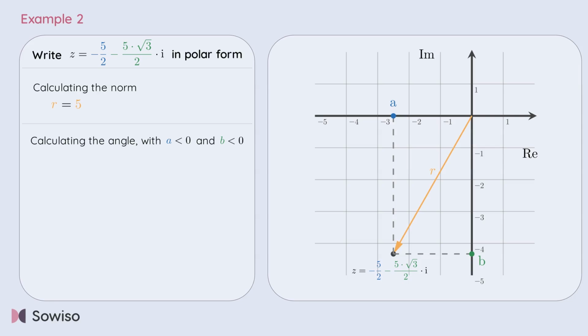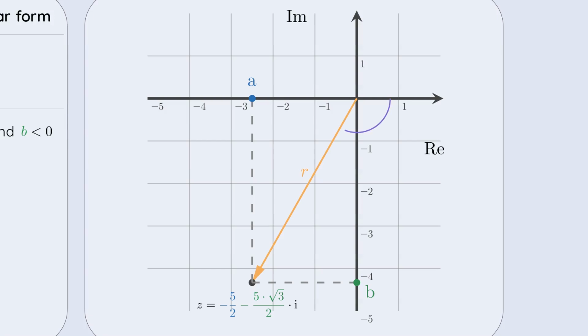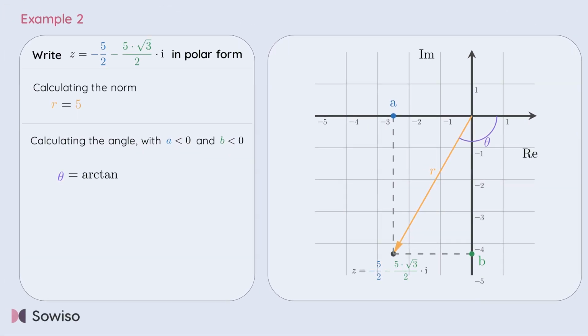Next, we calculate the angle theta, where a and b are less than 0. We can represent the angle theta as the angle that the position vector of z makes with the positive real axis. Since both a and b are less than 0, we draw the angle clockwise. Since both a and b are less than 0, we can calculate theta by taking the arctangent of b over a and subtracting pi. We can fill in our values for a and b. We can simplify the fraction like this. This simplifies to pi over 3 minus pi, and this is equal to minus 2